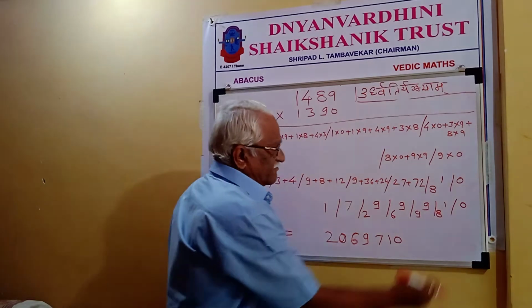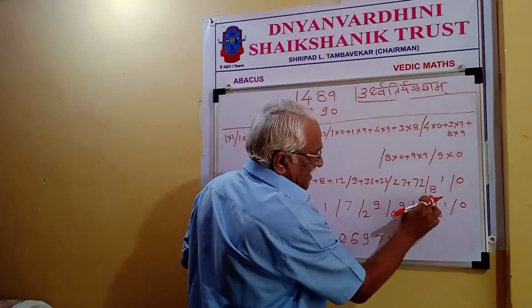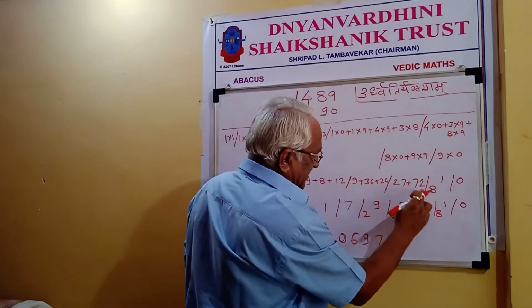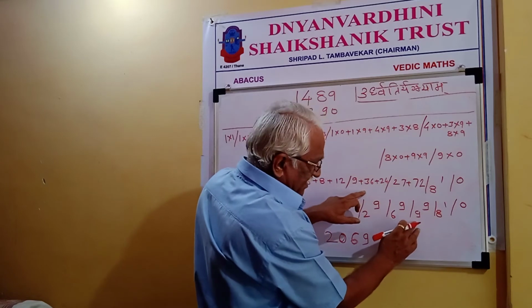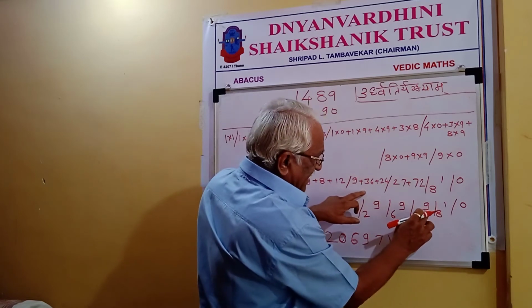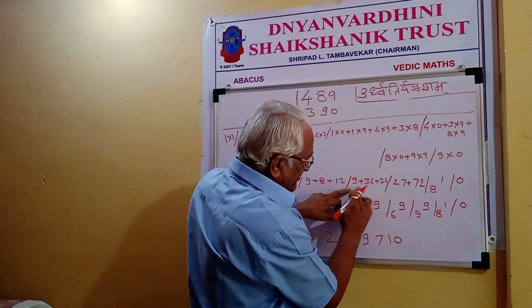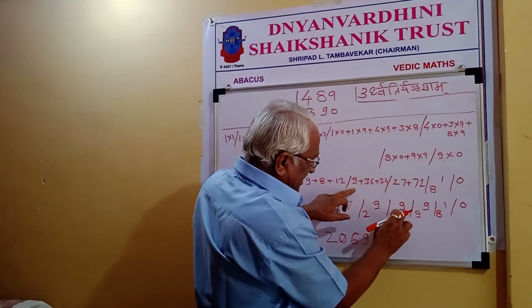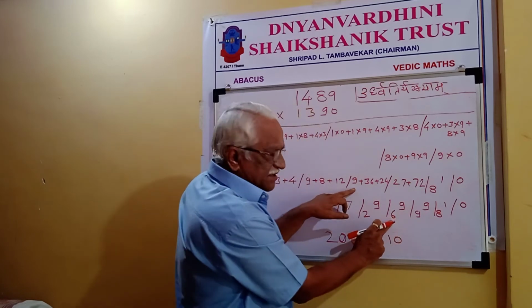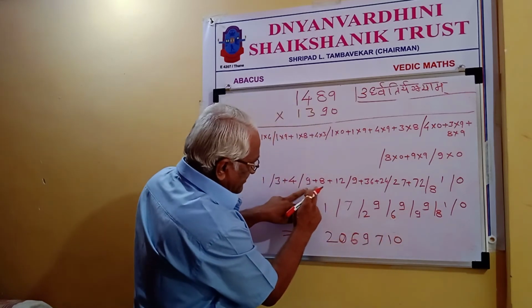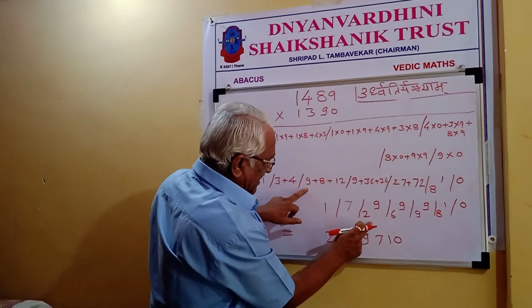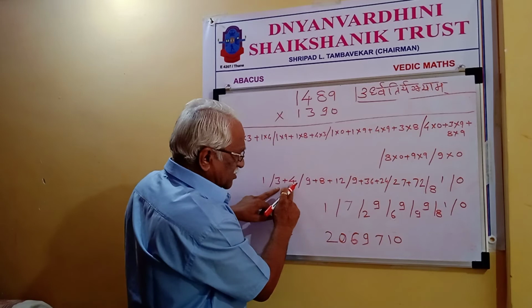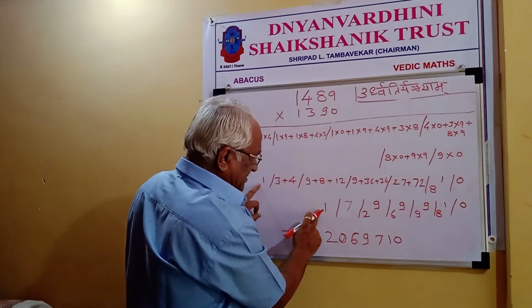Again we will see 0, 81 we write as it is. Then 27 plus 72, 99. 9 at the bottom of the slash and 9 at the middle. Then 9 plus 36 plus 24, it comes to be 69. That is 9 in the middle and 6 at the bottom of the slash. Then 9 plus 8 plus 12, that is 29. 9 at the middle, 2 at the bottom. Then 3 plus 4, 7 and 1 as it is.